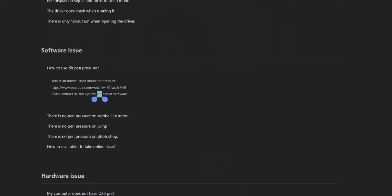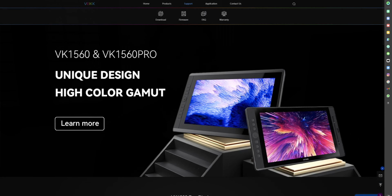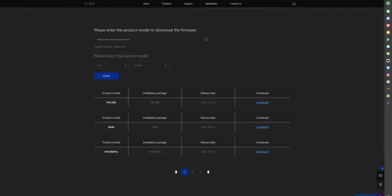So there is the firmware, and we can install that firmware on our graphic tablet to get the new features. But the problem is there is no official guide which you can follow to update the firmware. So that's why this guide. First, head over to the Veikk website, download section, firmware section, and download the firmware for your preferred graphic